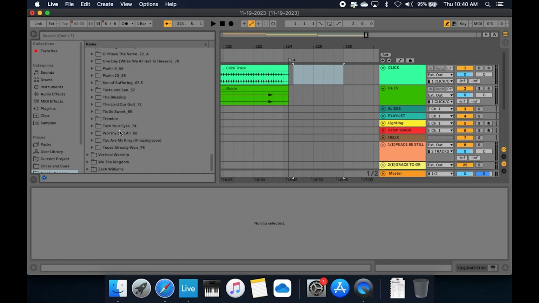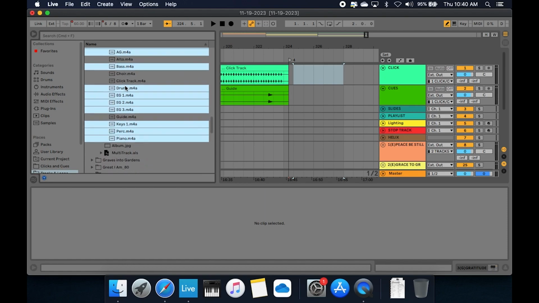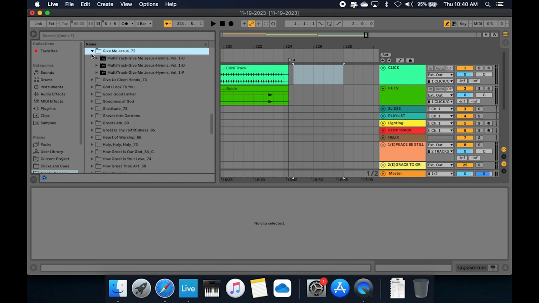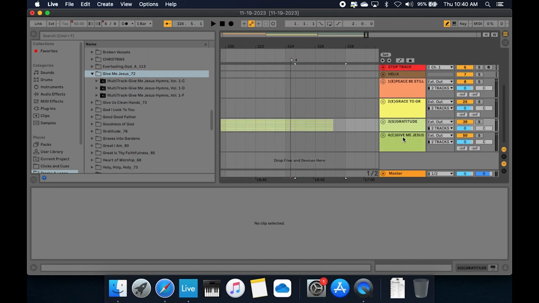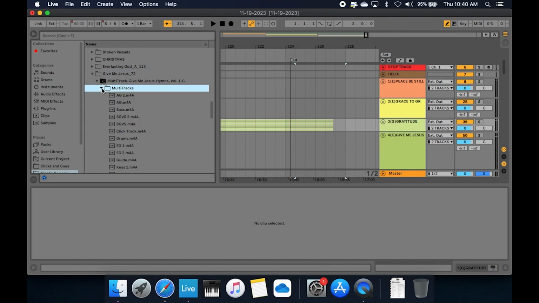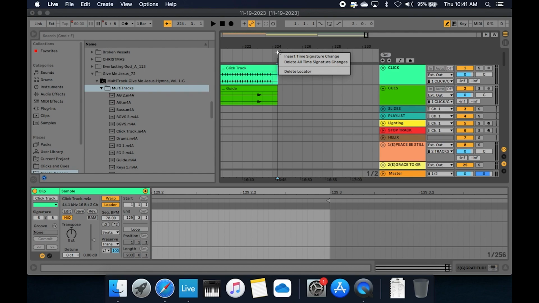We do, I believe it is, yes, Give Me Jesus. It is the Worship Initiative version in the key of C. Okay, so right there. And multi-tracks right there. Okay, and we see I labeled it 72 beats per minute. So after we change it back to 4/4 time,